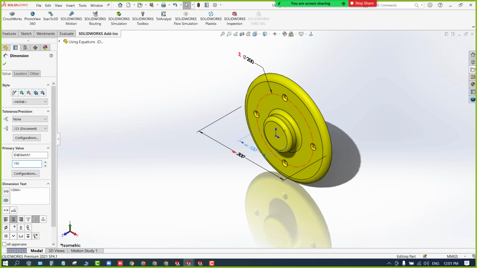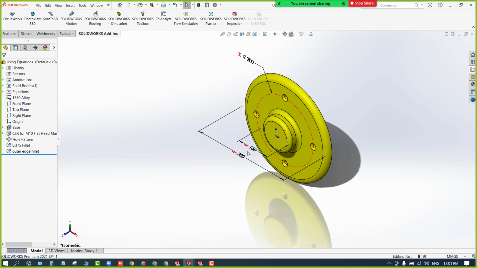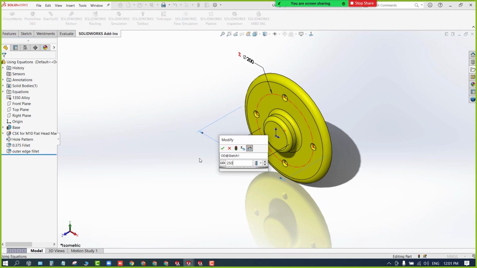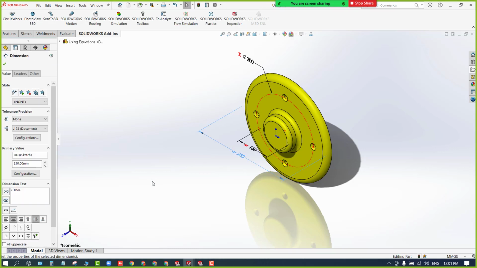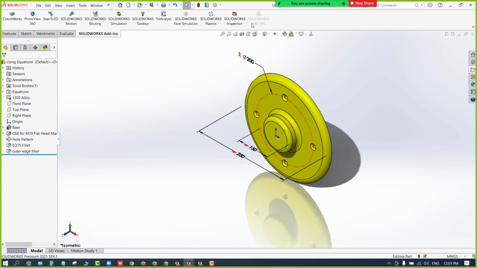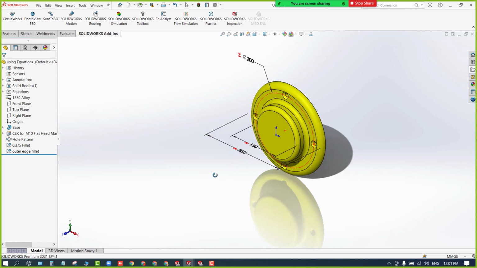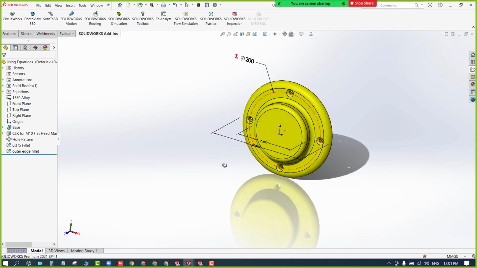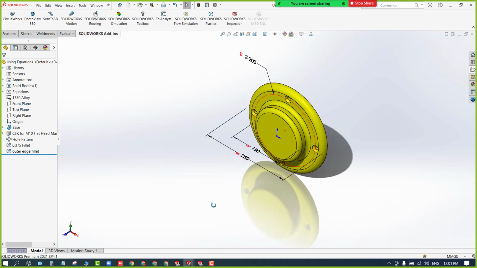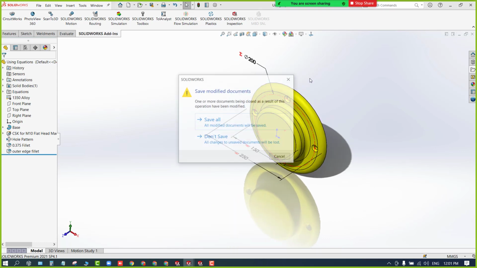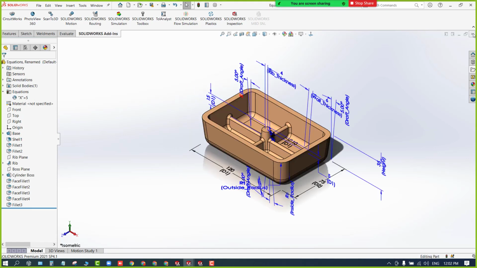I'll make it 150, and here it should be 250. Okay, how much should it be now? Same, no? 150 plus 250, 400, divided by 2, 200. Yes. Clear? Any doubts? No. Okay. Now we have gone through global variables, assigning the equation, and renaming the